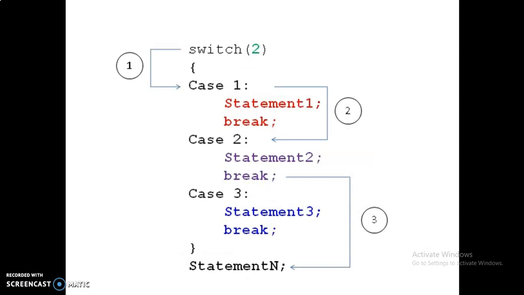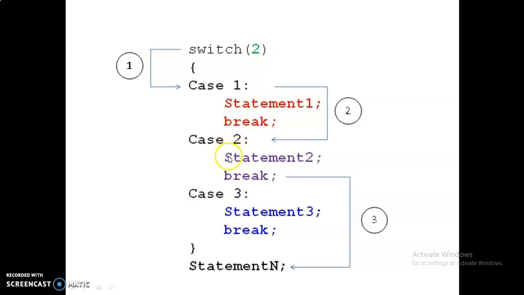So this is an example of switch. Here this is the switch keyword. In it I gave the value 2. The value may be either an integer or a character only. You can't give any real numbers in this switch case. First the value is compared with case 1. The value 2 is equal to case 1, isn't it? No, it does not equal, so it does not enter case 1. So it goes to case 2. Here the value is 2 and the case is also 2, so the value matches.